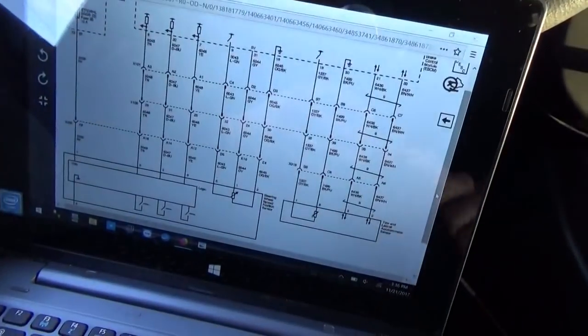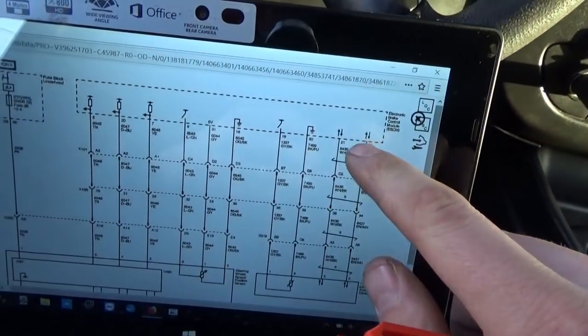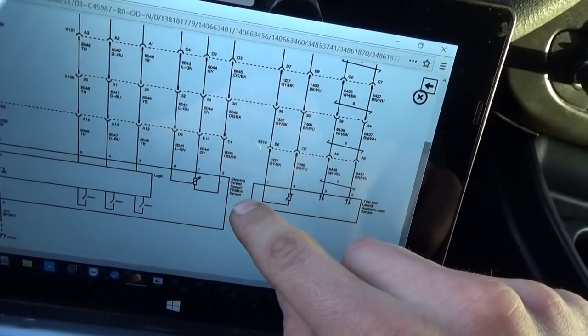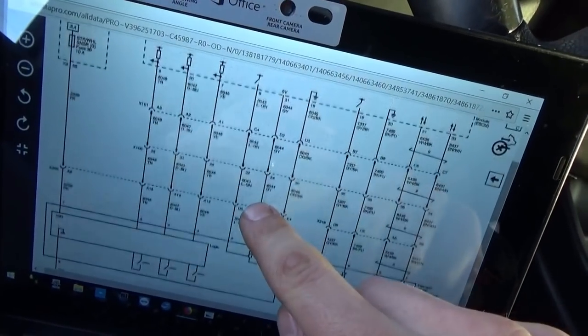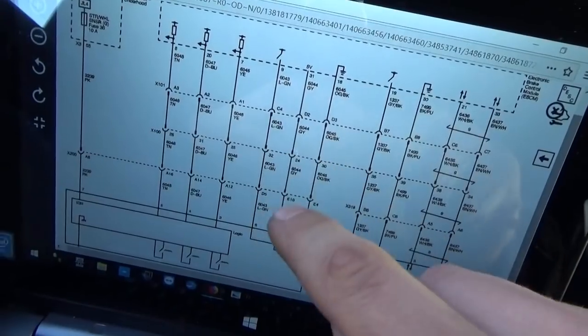Alrighty, so on all data, here's our EBCM, here's our steering wheel speed position sensor. Now these pins are not labeled, but just by looking at the diagram,